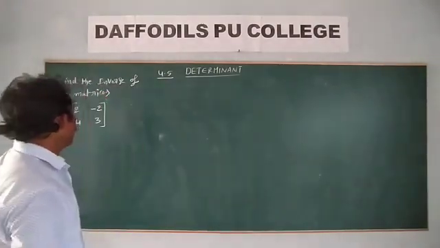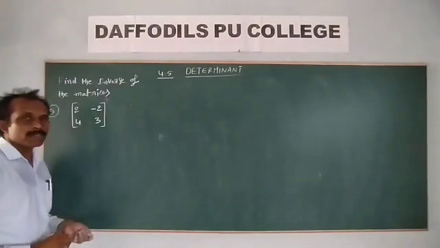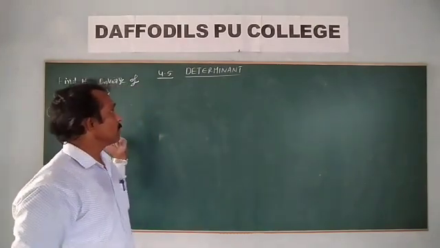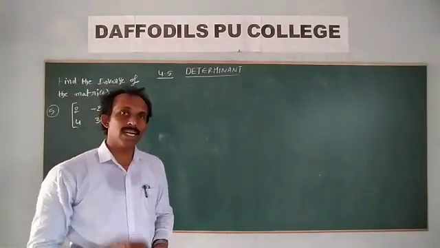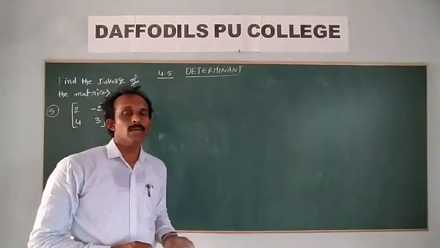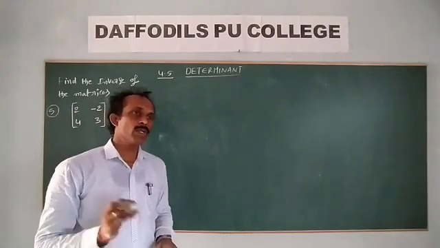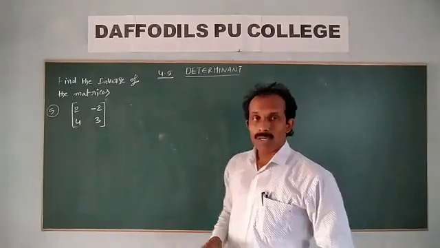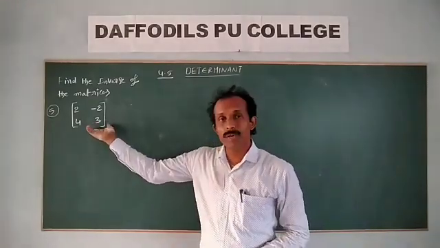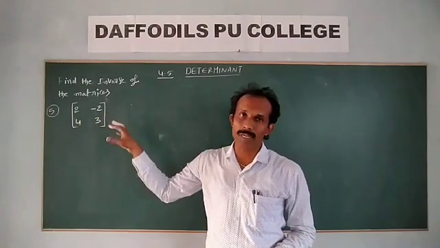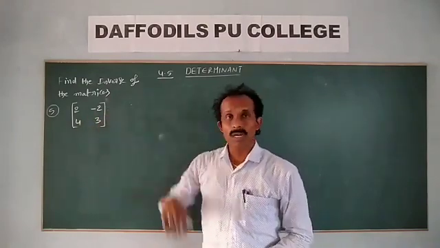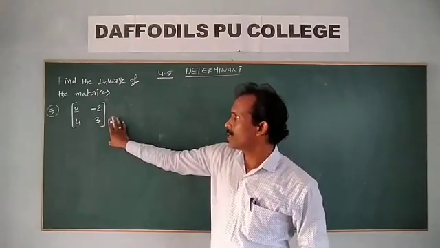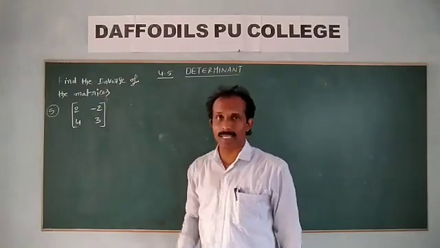The inverse concept is already there in the matrix chapter. How do we find the inverse of a matrix in that chapter? By elementary operations. In the exam also, they ask: for the given matrix, find A inverse by using elementary operations, either row operations or column operations. Use that method. But here they are just asking to find the inverse of the matrix, without mentioning elementary operations.